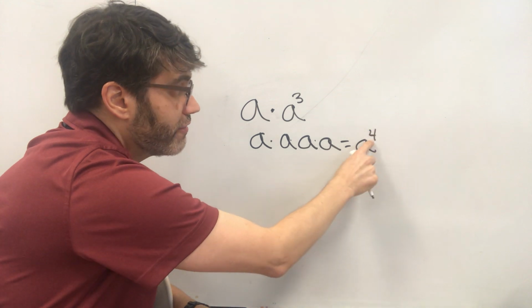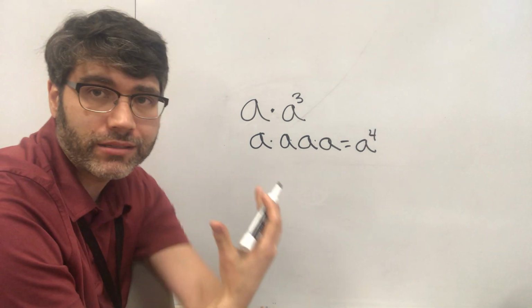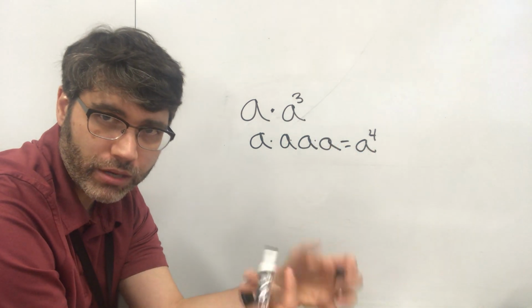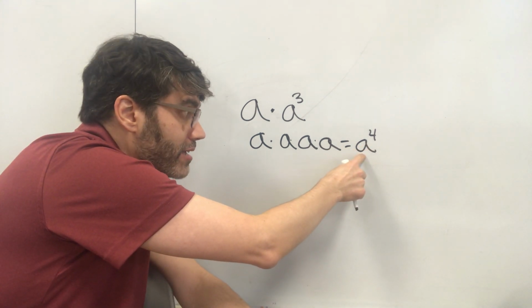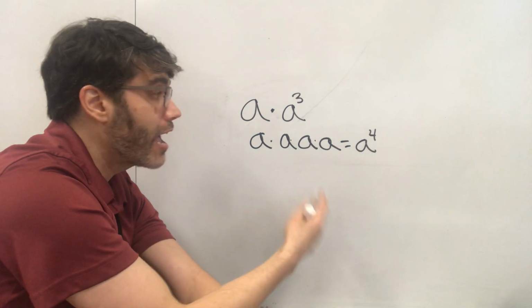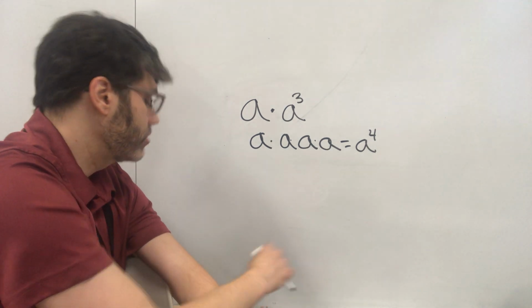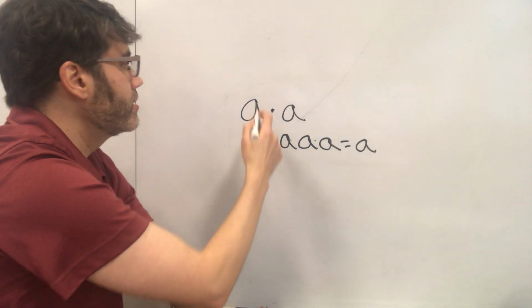Okay, the 4 is called an exponent, and the a is called the base. The large number, it's like the base of a lamp. It's at the bottom, okay? And this exponent tells the base, in this case a, how many times a needs to get multiplied against a, okay? So a to the 5th, for instance, so if this was